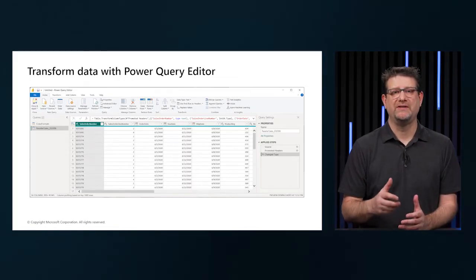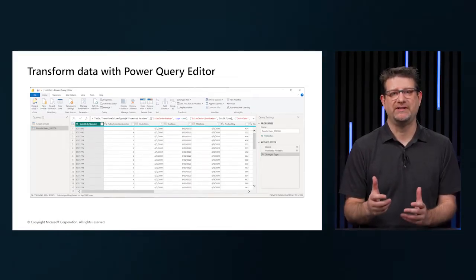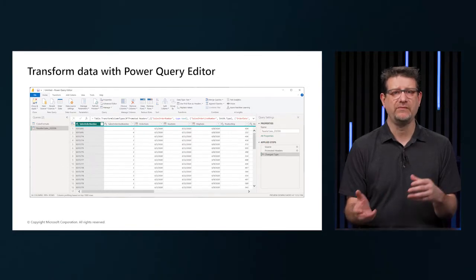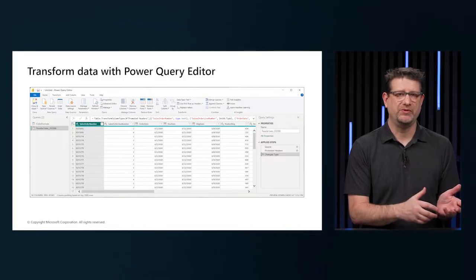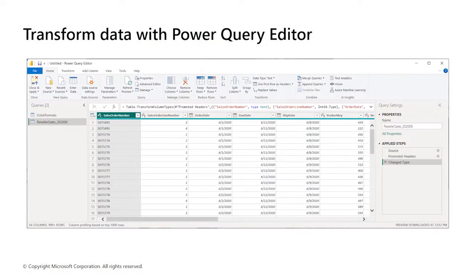From here, we can see the Queries pane on the left and the Query Settings pane on the right. The Queries pane allows us to group, rename, remove, disable or enable, or load our queries. The Query Settings pane allows renaming and shows all the steps for the queries in the order they were completed. You can right-click or context-click a step and add a description so that you can record why the change was made, such as excluding a specific column or changing data type to support leading zeros, etc.